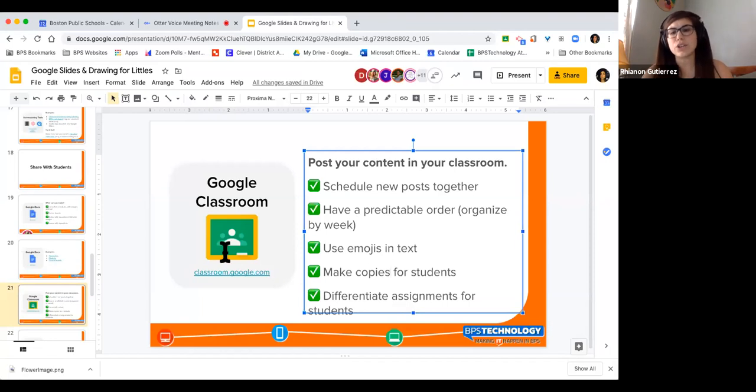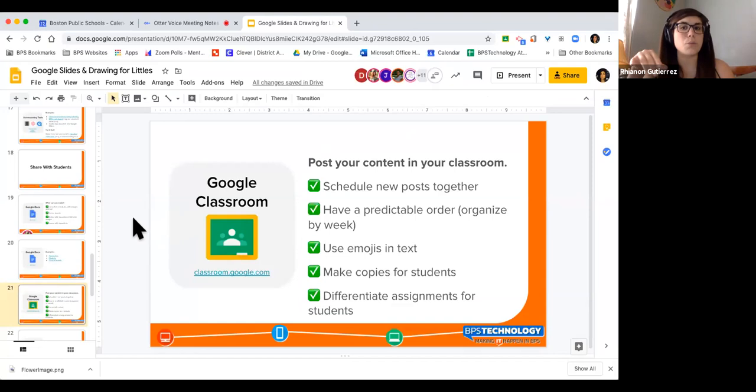Another thing you can do, and this is something that's much better suited to a Google Classroom webinar, is to make copies for students. So I was talking earlier about using things like Google Drive, Google Slides, you want to differentiate for your kids. You want to push out very specific templates for them. And you can do that using Google Classroom. I really encourage you to attend the Go Slow with Google Classroom webinar or Google Classroom 101 if you want to learn the basics of how to do that.